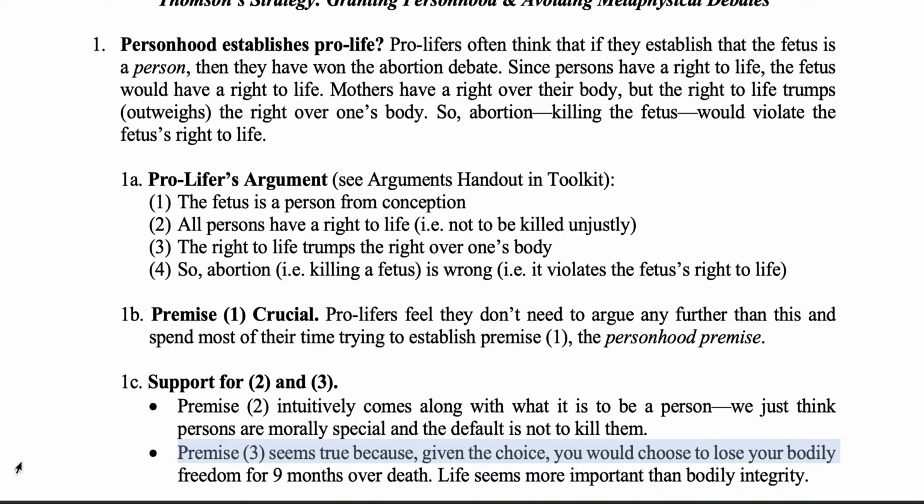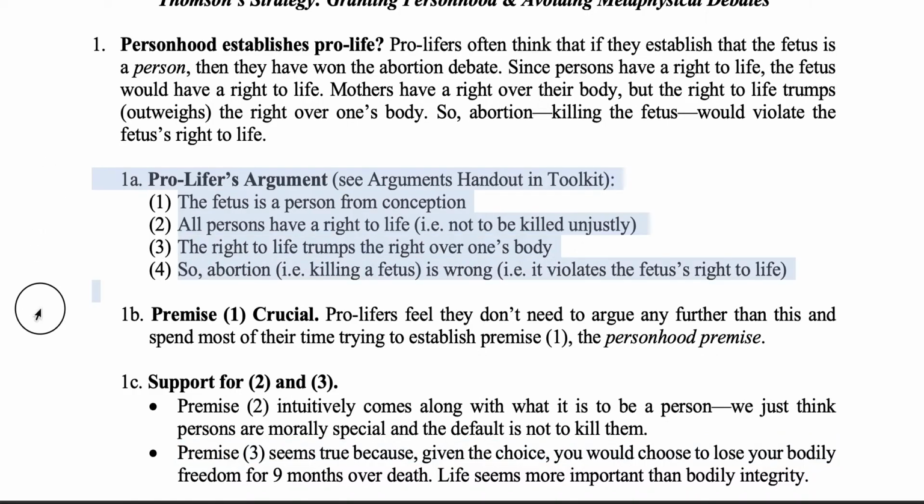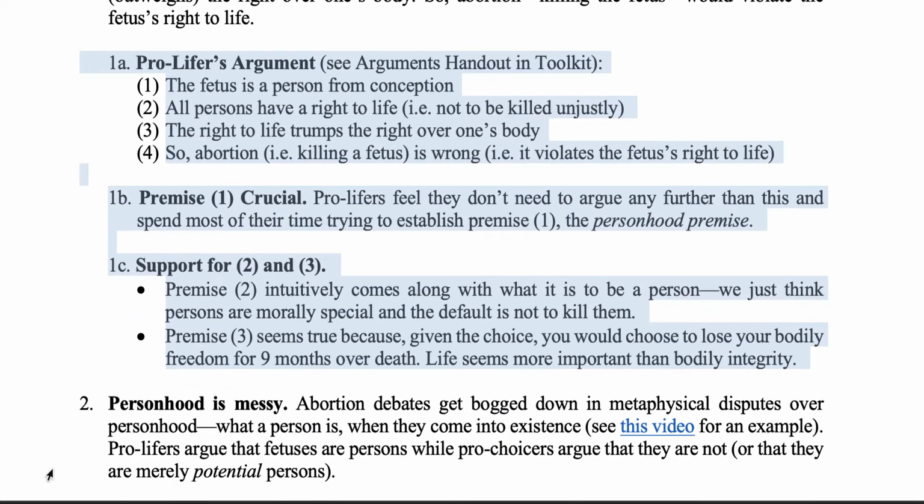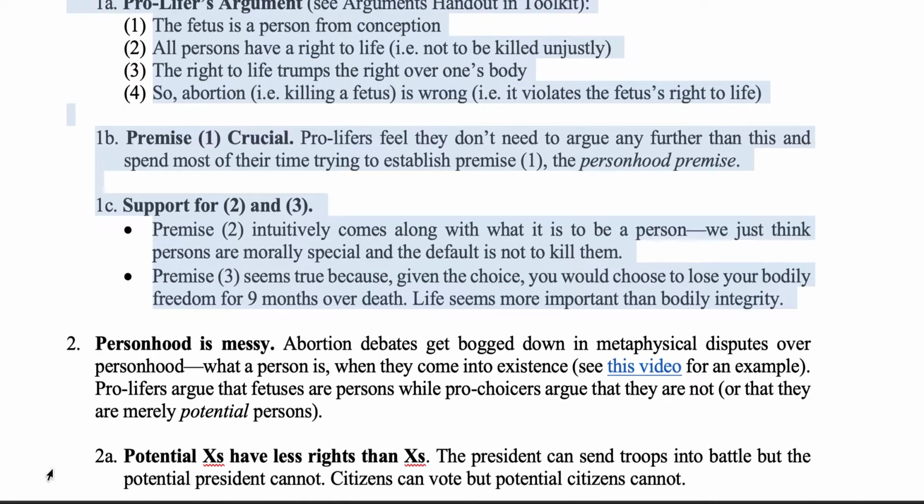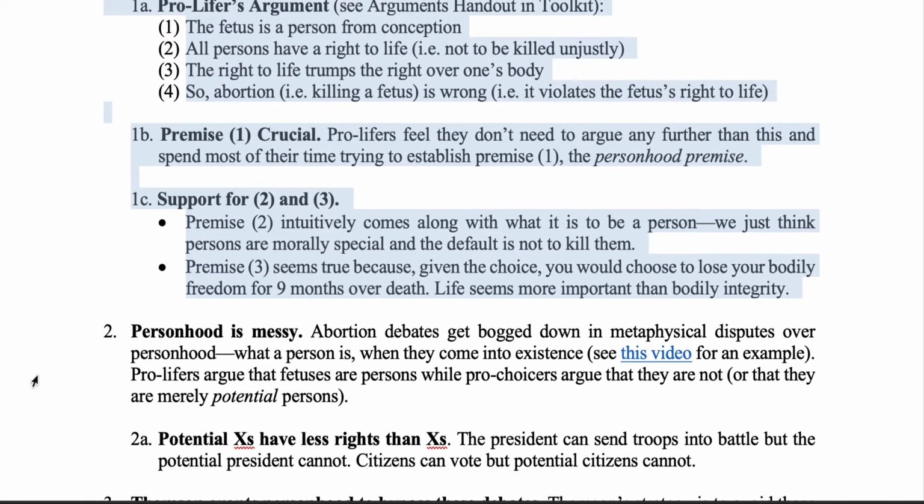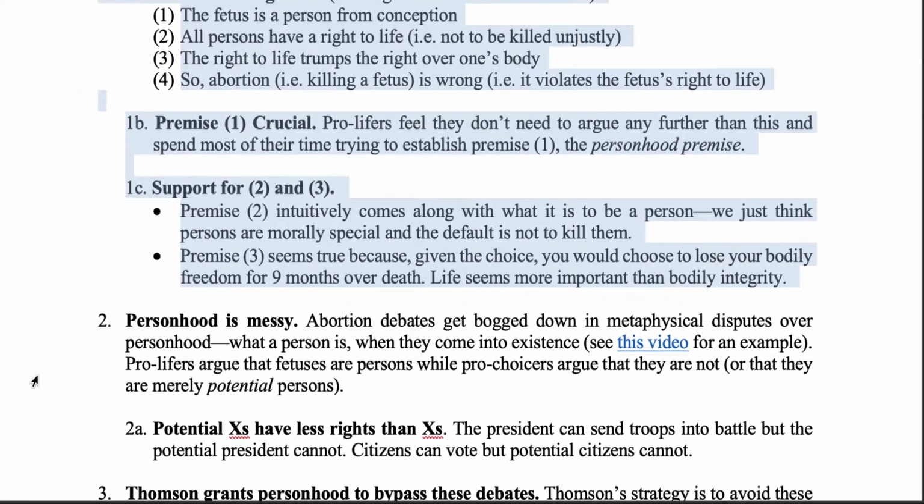It's not saying that. It's just saying that it seems pretty clear that right to life is more valuable and would trump. If you had to choose between one and everything else was equal, life wins out over bodily rights. Okay, so this was kind of the strategy here for pro-lifers. And so Thomson comes along and she says, well, look, personhood,